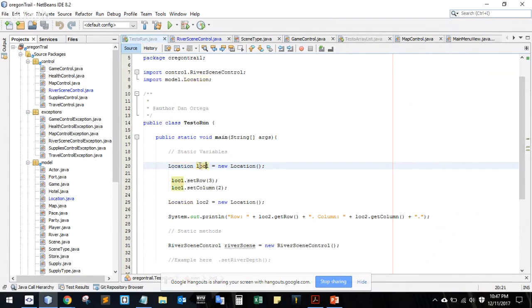we are going to create a new instance of location. We're going to set first the row, which is the static variable, and then the column, which is a non-static variable. And we will then create a brand new instance, location2, and then we will print out on the screen all the attributes, the row and column for the second location. And with this, we will see right here